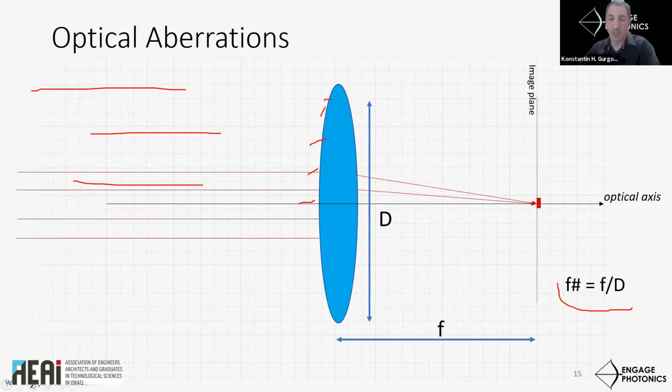And this way we control the aberrations of the lens, and we can get a sharper image. At this point, it is important to take a look at two important quantities, the focal length F and the lens diameter D. The ratio F divided by D is the lens F number. And this is a very useful quantity. Note that when we stop down the lens, we collect less light and the image is darker. However, in most cases, there will be fewer aberrations and the image can become sharper.